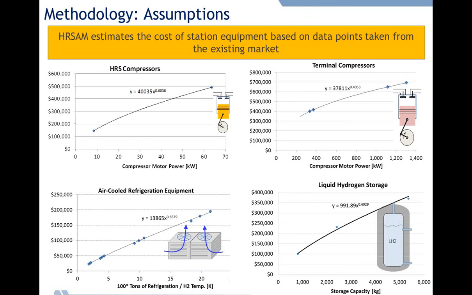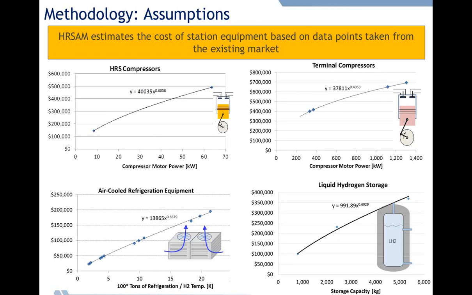And here you will see small compressors on the top left, larger compressors on the top right. You will see the pre-cooling equipment in the bottom left. You will see the hydrogen storage, and these are just selected examples. And you will see the data points we collected. It is, of course, aggregated so that there is no attribution to a source, but these are actual data received